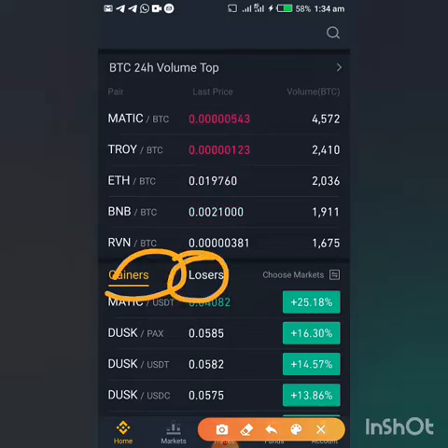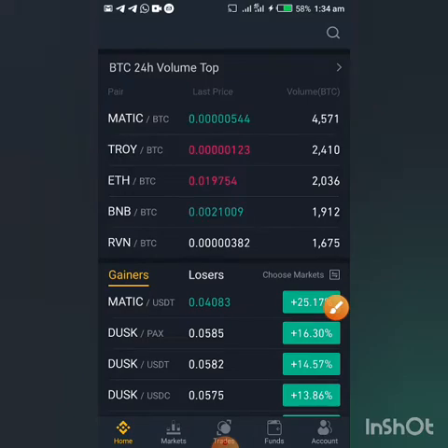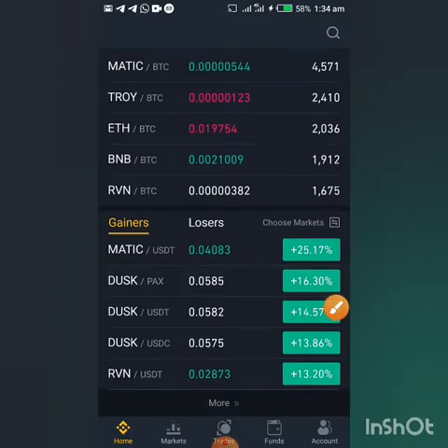What this place practically represents is that the coins are arranged in the order of their increase in terms of percentage. For instance, here we can see that Matic has currently gone up as high as 25.17%, followed by Dusk, which is 16.30, followed by